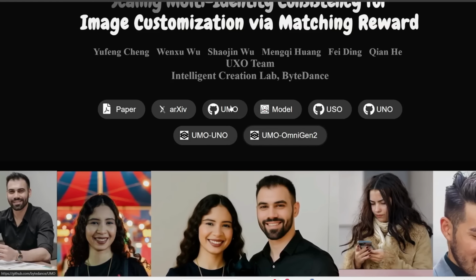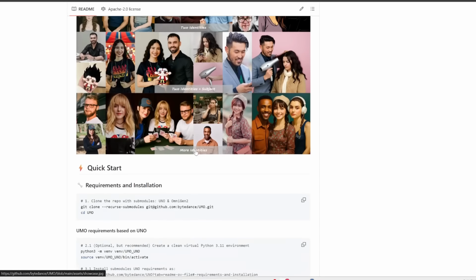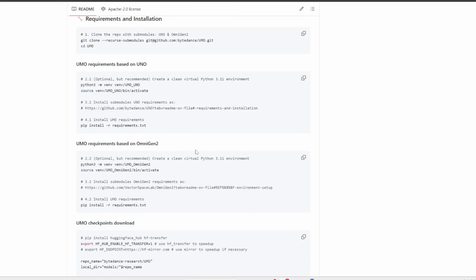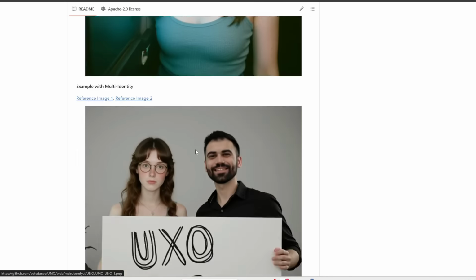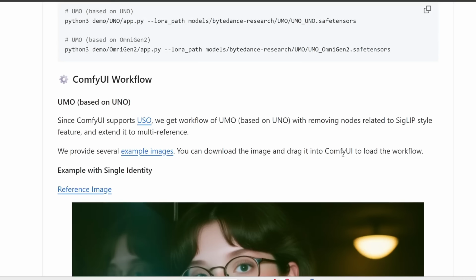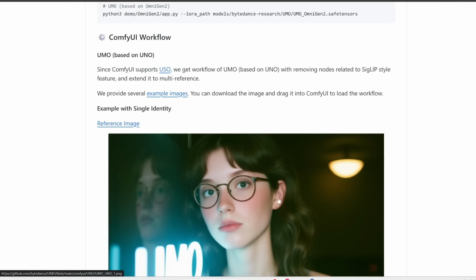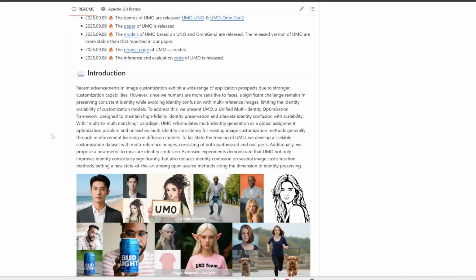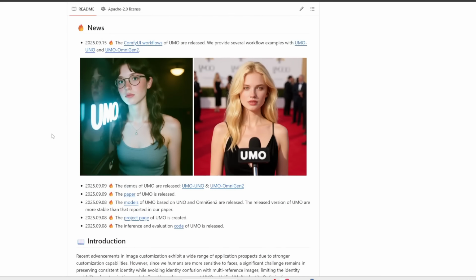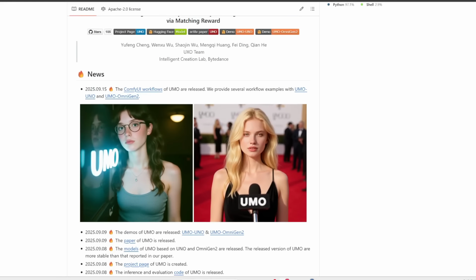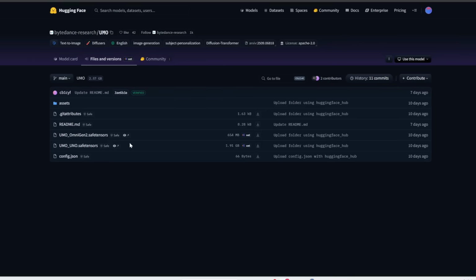released a GitHub repo, which if you scroll down a bit contains all the instructions on how to download and run this locally on your computer. Plus, they even offer some ComfyUI workflows, so you can just download these images and then drag and drop it onto your ComfyUI interface to load up the pre-built workflow. They have not specified the minimum VRAM requirement for this, but if you click into the Hugging Face repo, notice